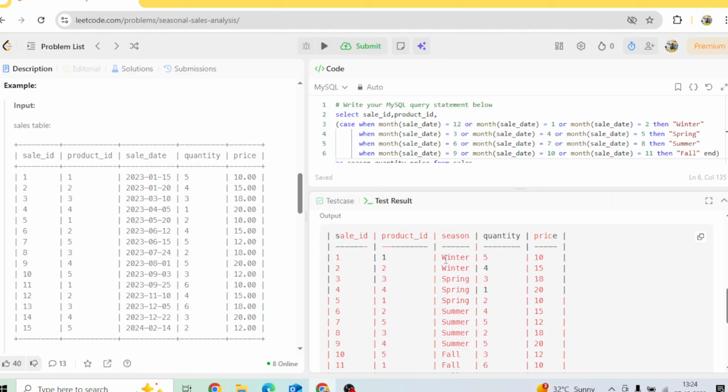So for this particular product 1, since the sale date belongs to the month of January, it is winter. Accordingly it will be spring for the month of March and April, right? So